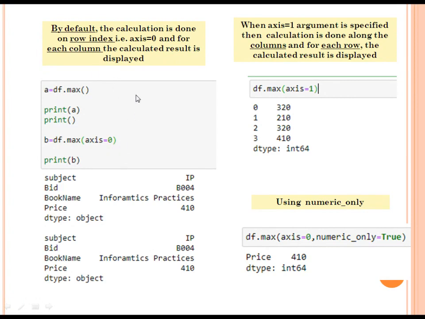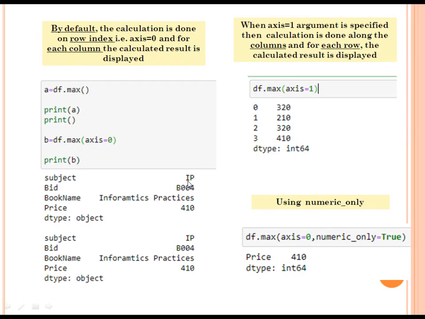Children, here I want to show that if you write without the axis parameter and with axis 0, it means the same, because by default axis is equal to 0. See the answer here. It will take from the columns, and in the case of string values, it will see the ASCII code of the first character.